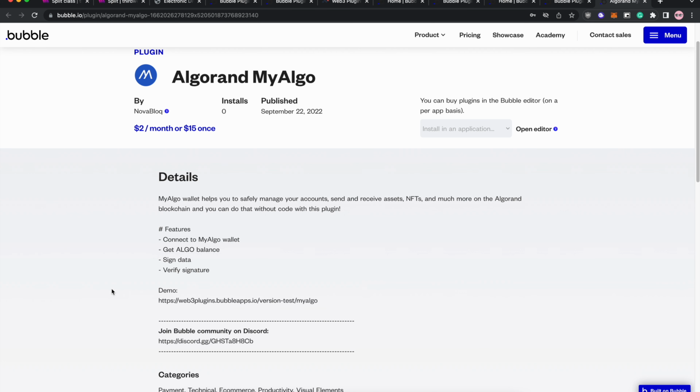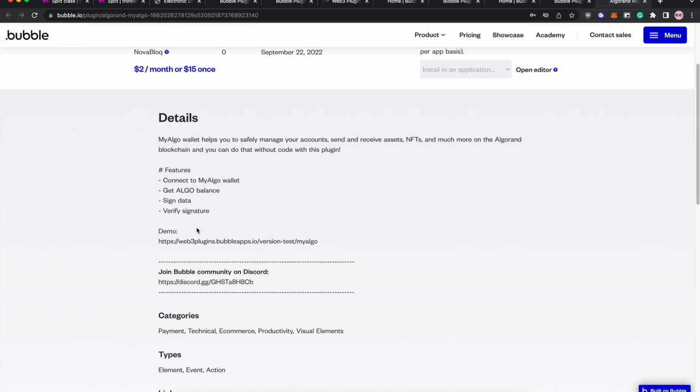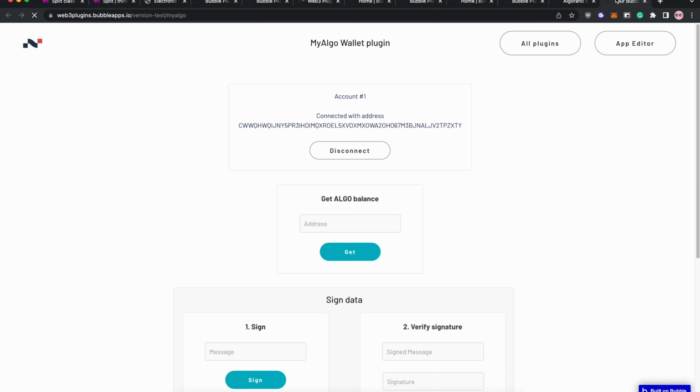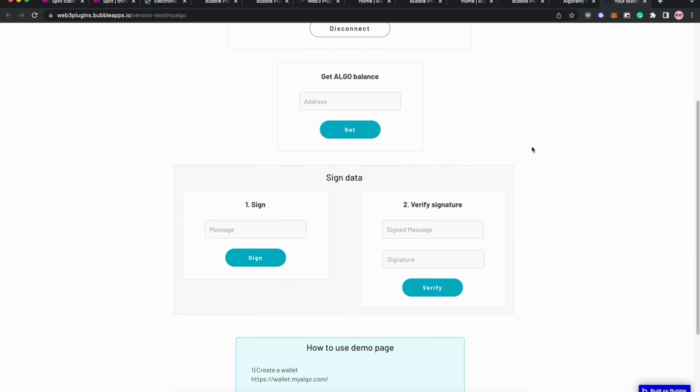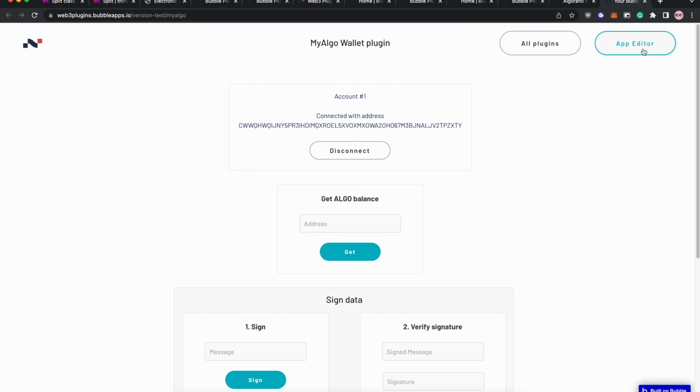Now I want to show you how to use the demo page. Every plugin out there will have a demo page. You open this demo, and all demo pages have a button to open this application in the app editor. So here is the demo page, and here is the button app editor. If you open it,